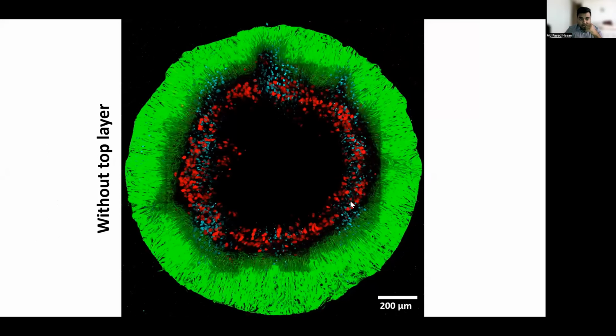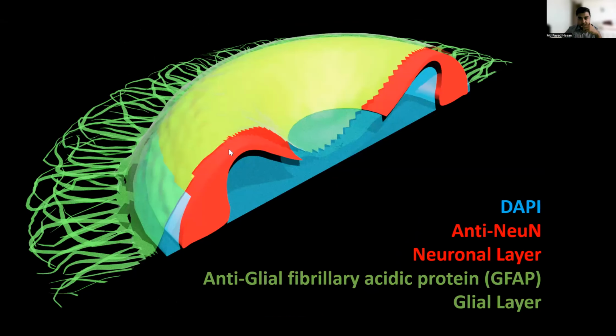We stained them with neuronal and astrocytic markers. It's just different colors to see which cells are which. And we saw that this culture spontaneously made this nice red laminar structure of neurons, and also this green astrocytic layer, which we also see in the brain's cortical layers. And this is just a 3D reconstruction of the same thing.